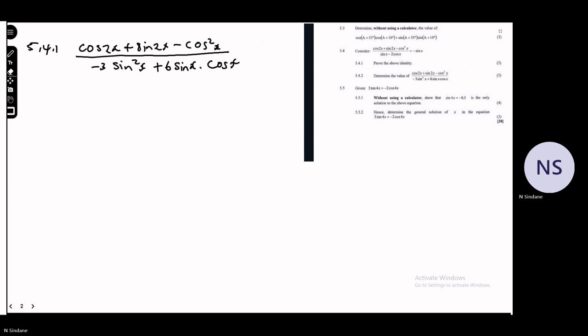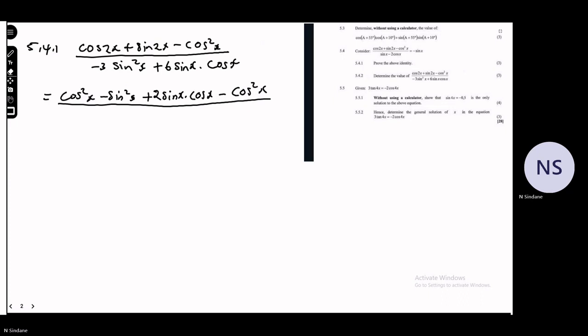That's our question. So now, similarly, we do it in a similar way to the one that we did just now. We know this, we also know this. These are identities, and the nearest identity we can use is cos squared x minus sine squared x. Why? Because we want to eliminate this cos squared x. So cos squared x minus sine squared x, plus 2 sine x multiply cos x, minus cos squared x over,